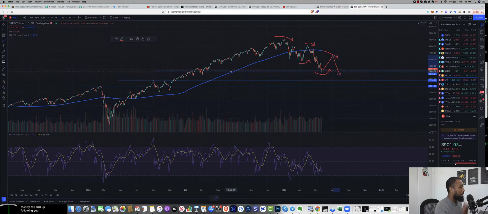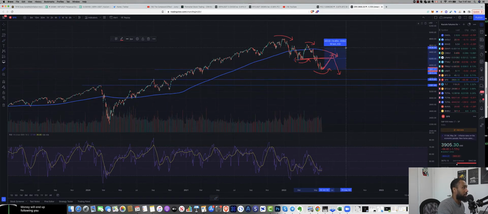Mind you, every time the yield curve has inverted, we normally have a massive leg up and then a recession. Doesn't have to happen every time, but normally that's what happens. At the moment, we are just looking at the market structure, which is in a downtrend. So we are waiting to open a long and see a reversal to maybe take profits around where we think the 200-day moving average would be. So maybe we take profits around this zone here, right? That could be a nice trade if we get a reversal here.